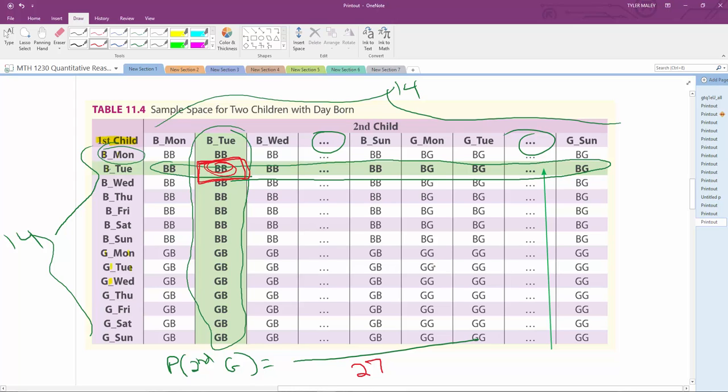So now I need to count the ways that has a girl being the second child. The columns are the second child. So what would give me a girl being the second child would be this one: Monday, Tuesday, and then we would have Wednesday, Thursday, Friday, Saturday, and then lastly Sunday. So there's 1, 2, 3, 4, 5,